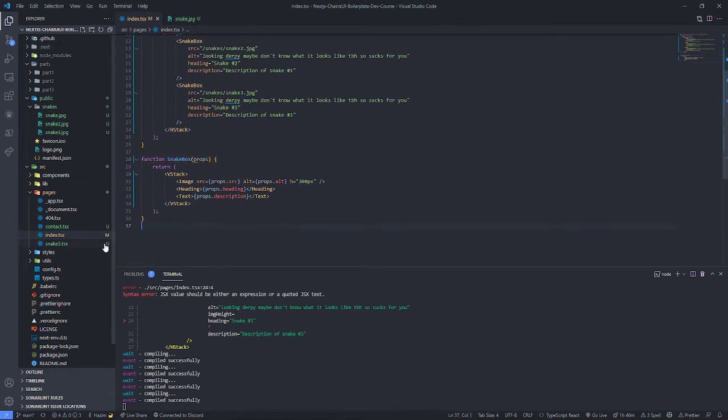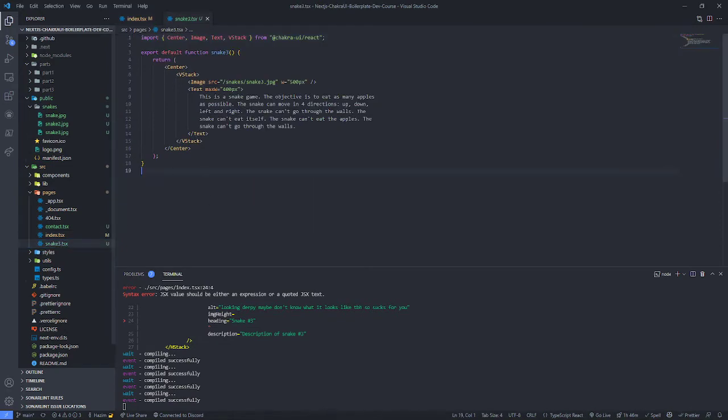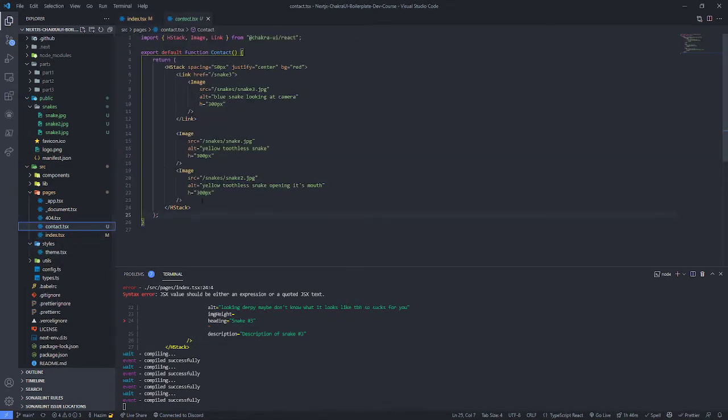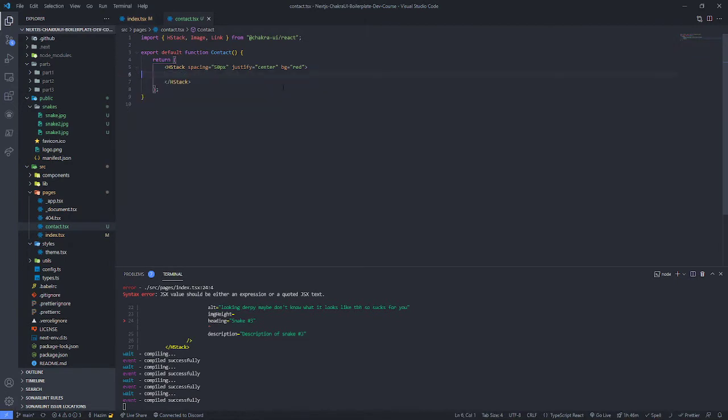Okay, so I'm going to save this in the index file so you guys can look at that later, and we'll go back to the contact page. I'm going to delete this. Go to the contact page and let's remove this because I'm not going to need it. Okay, so we're just going to need